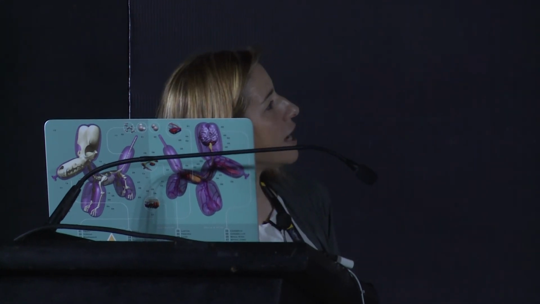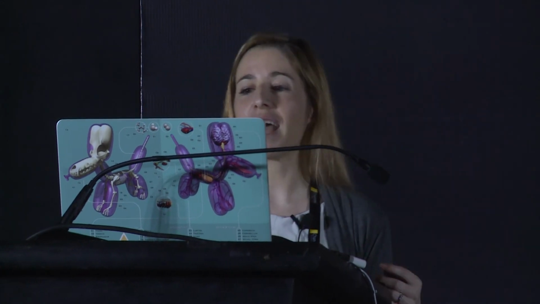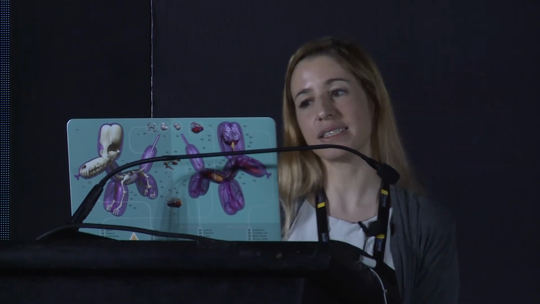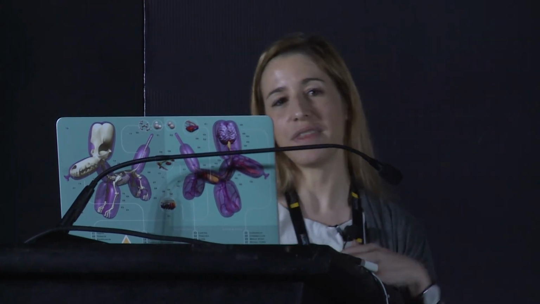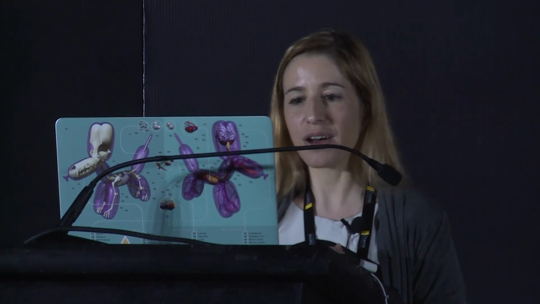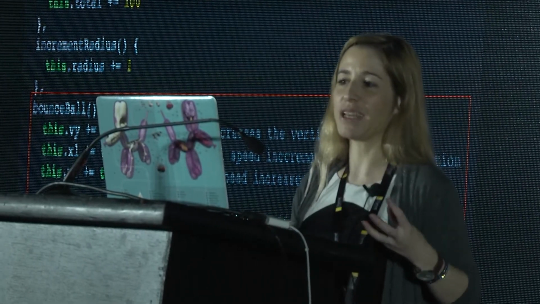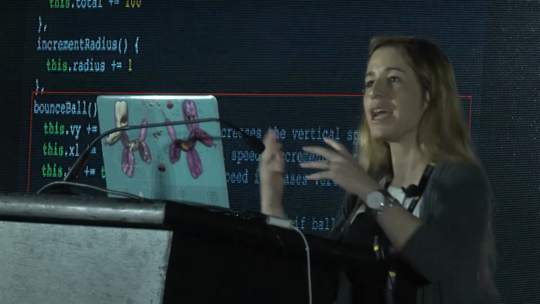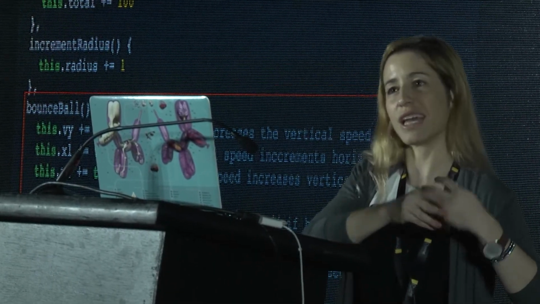But basically, we have the initial total height and the total radius that we're storing in data. Then we have the methods that will be called to increase the height or radius as we click a button. And then we have the initialization of that animation, and it has some gravity to it. So we have things like gravity increases the vertical speed. I tried to comment this well for everybody. Horizontal speed increases the horizontal position, and if the ball hits the ground, we'll reverse the animation and reduce its